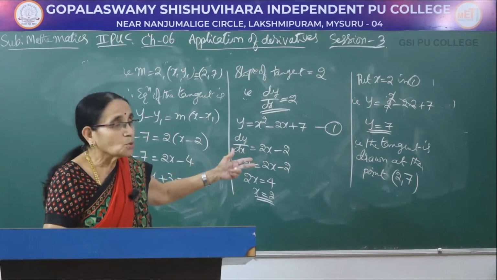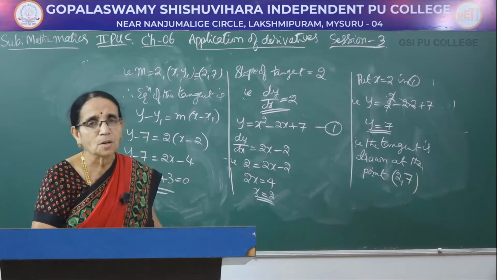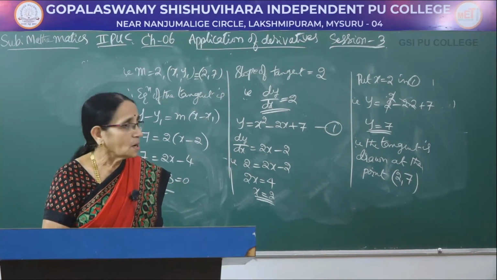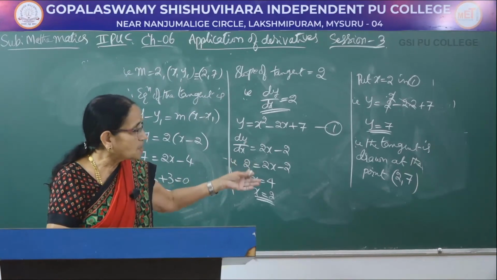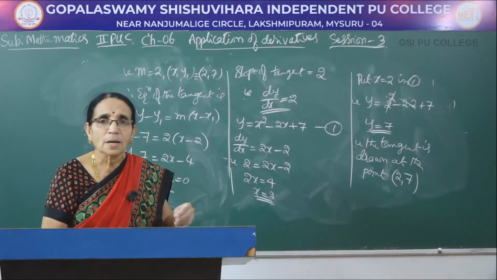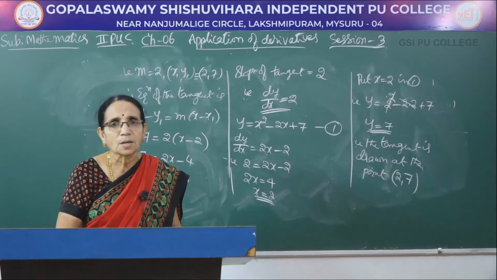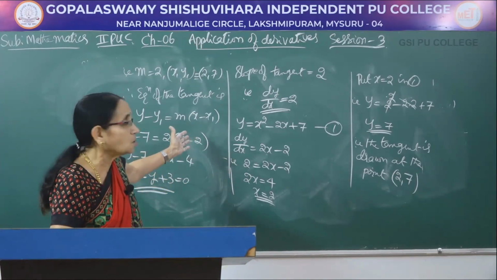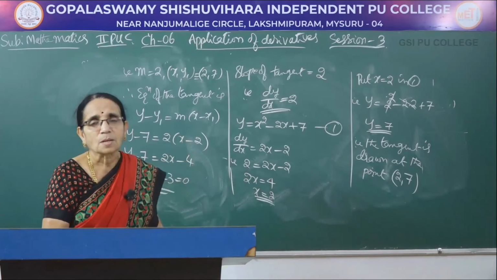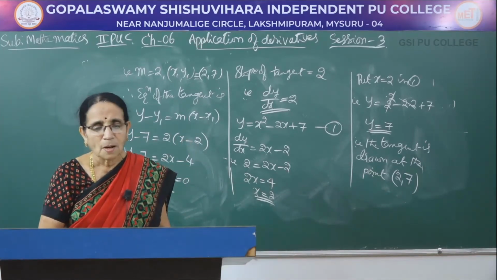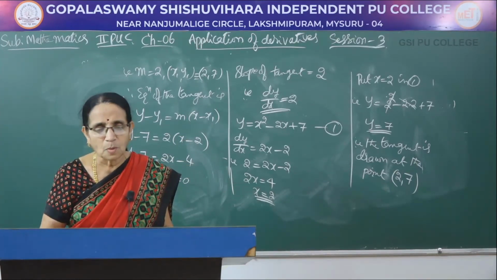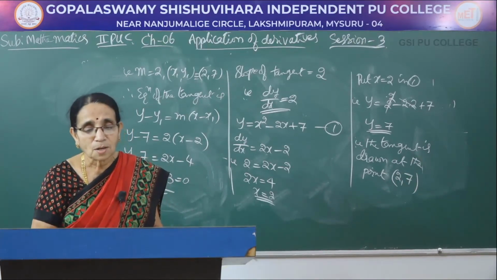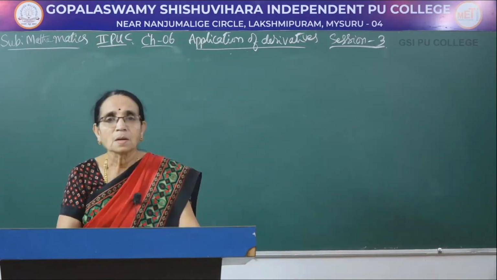So in the earlier 2-3 problems I worked out in this session and the previous session, I just calculated the points. Here, after calculating the point, I needed one more thing, that is the equation of the tangent. Therefore, I wrote one more step here to get the equation of the tangent. Now, in the next problem, I will be calculating the equations of the normals.